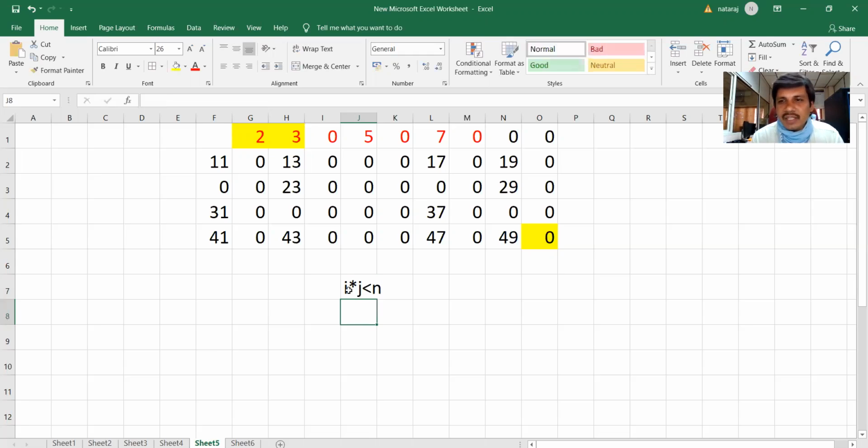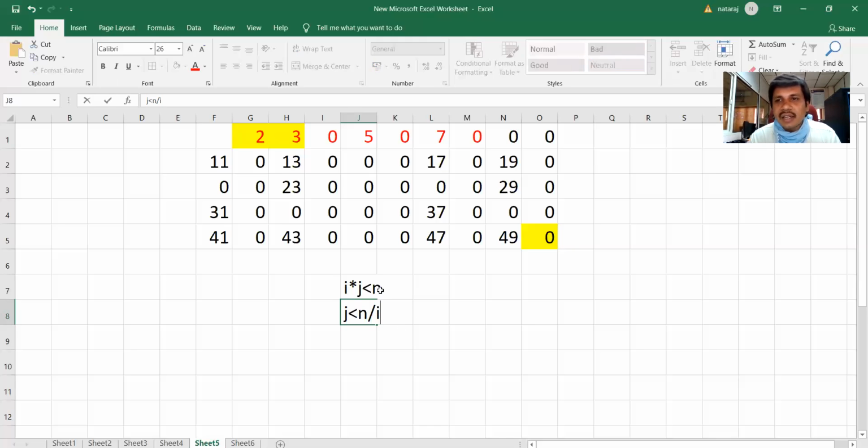Using mathematics, can I write this as j is less than n by i? Yes, from the left side to the right side, multiplication becomes division, plus becomes minus, that is basic mathematics.